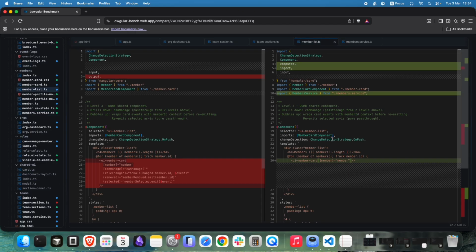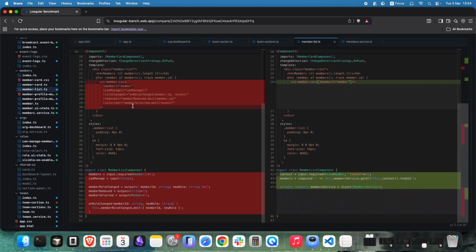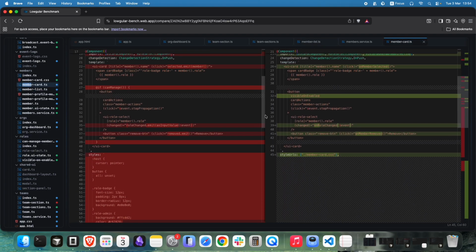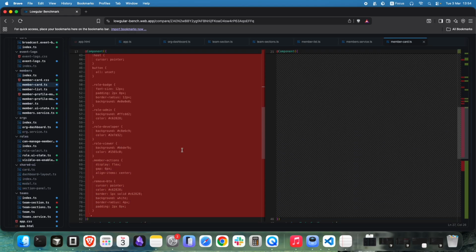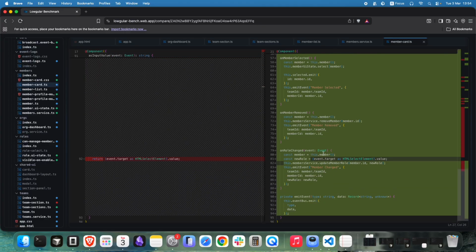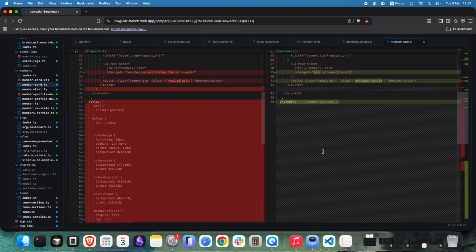Okay, and then in your members list, we don't have those couplings, which is pretty good. And then you also remove the inputs and of course the outputs. Okay, let's have a look inside. You can go to the card. You see, here things are a little bit better. There is an interesting trick with how to avoid this can manage being pushed all the way through. But let's focus on the actual key part: